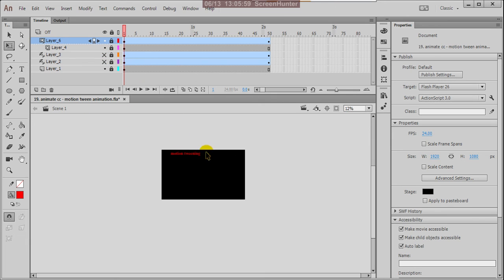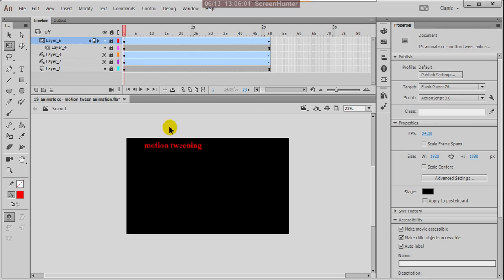So these are the twinning animations. Twinning means by using the twinning animation, along the x-axis and y-axis, we can create animations horizontally and vertically. We move things.